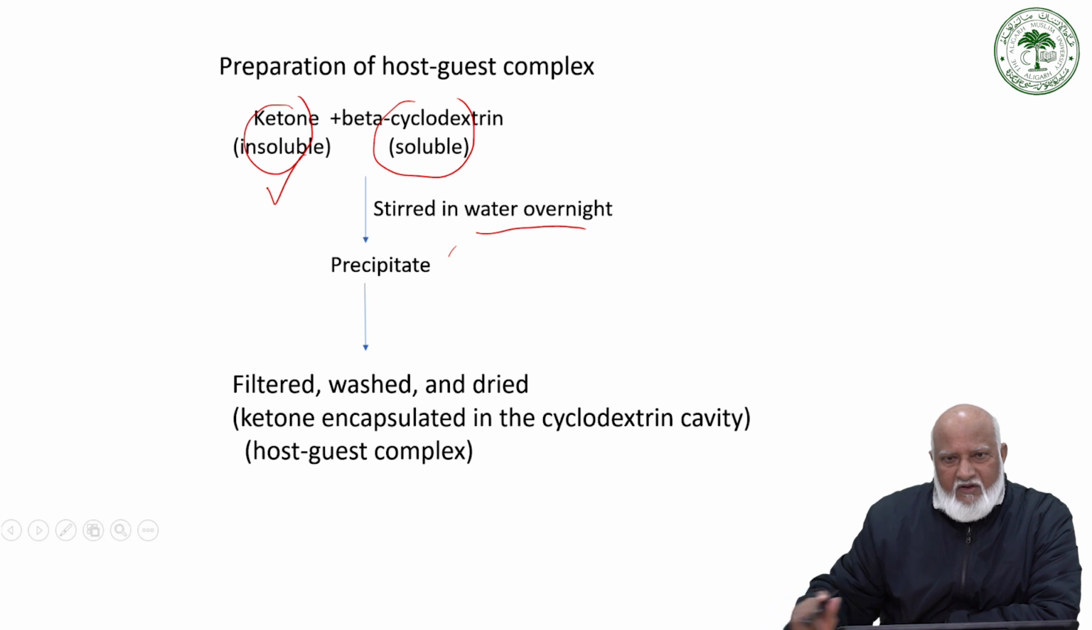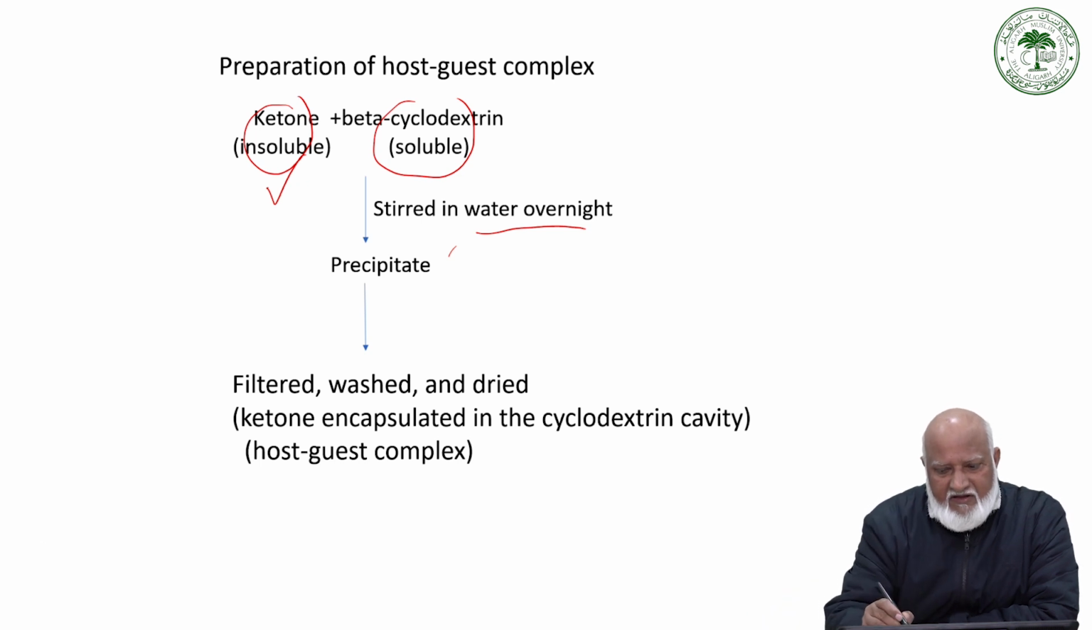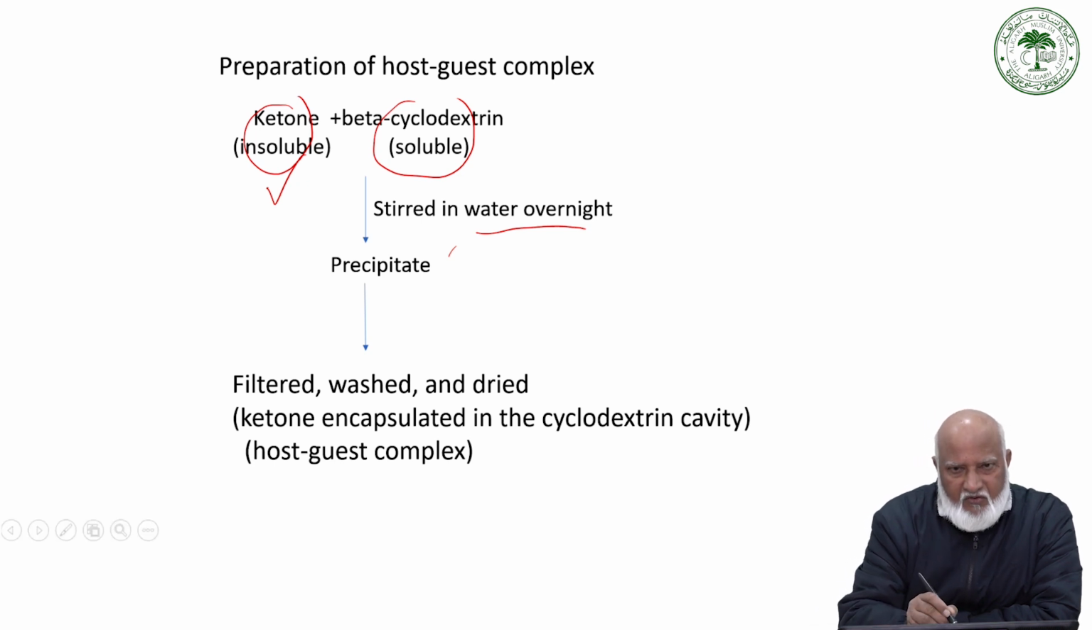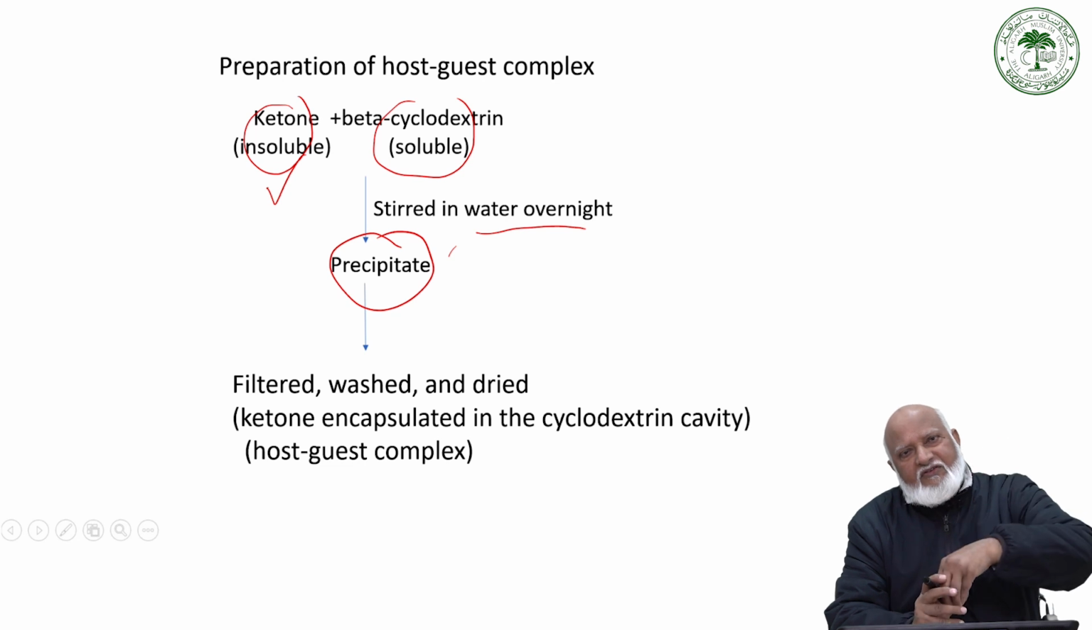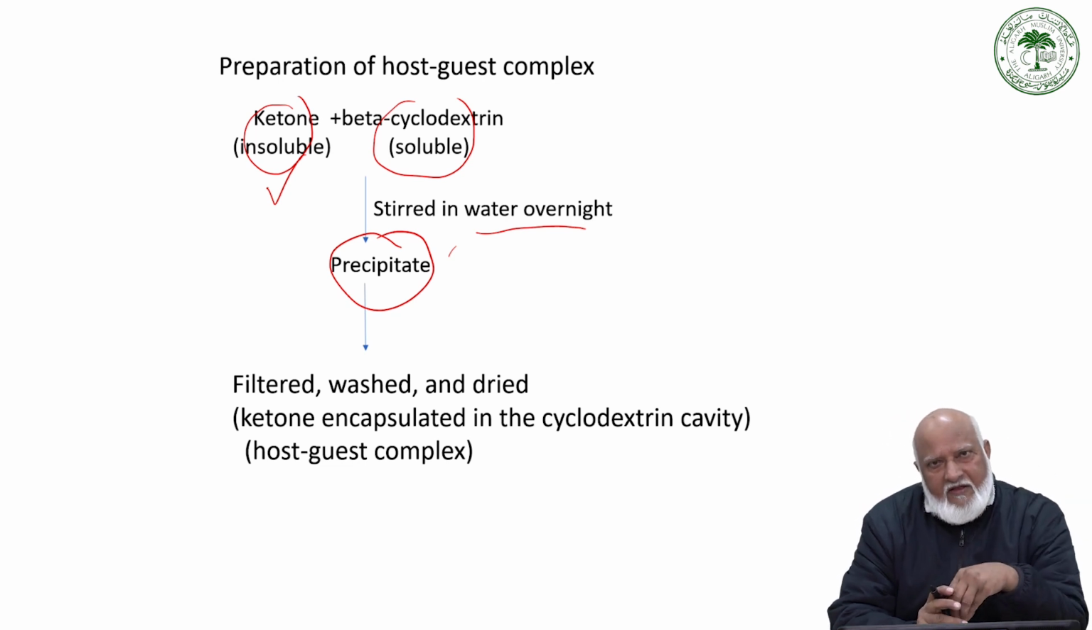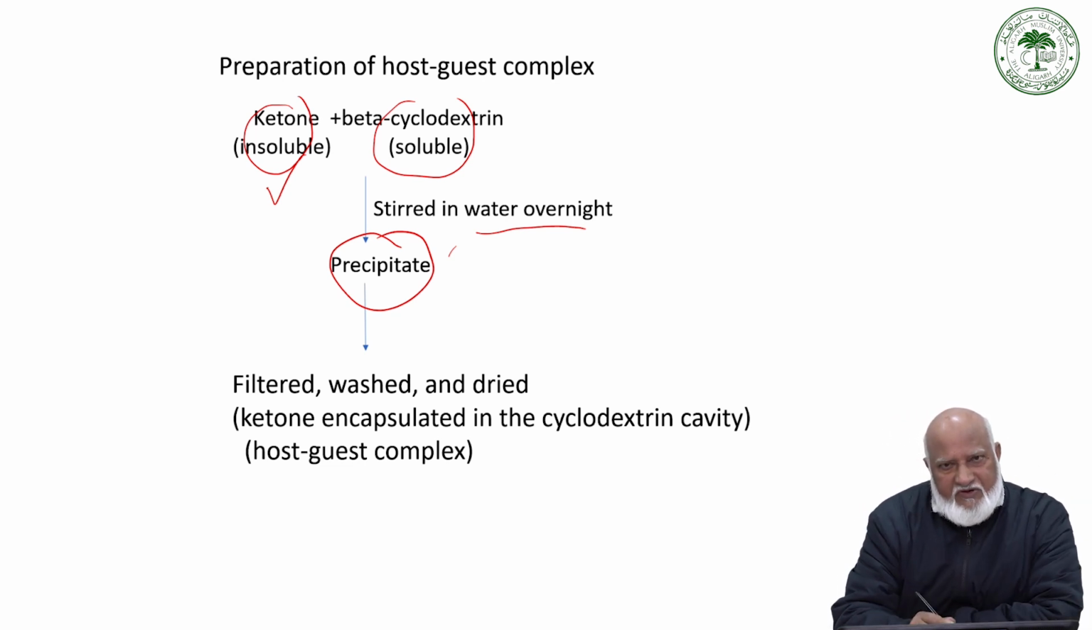the benzene ring can go inside the beta cavity, and it can form the host-guest complex, and we get a precipitate at the end of the reaction. This precipitate is obtained once the complex is formed. The ketone goes inside the cavity, and it forms a precipitate, which is filtered,